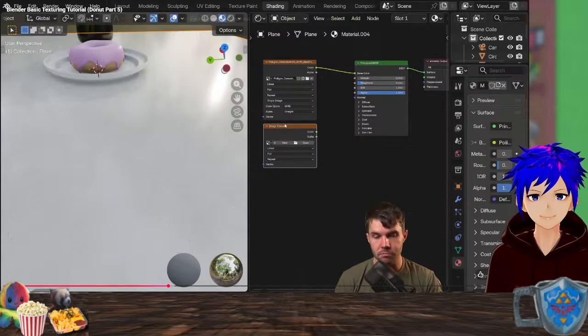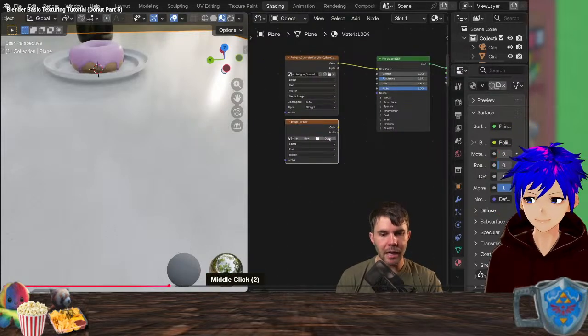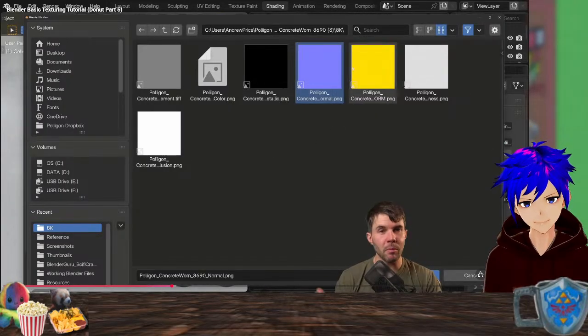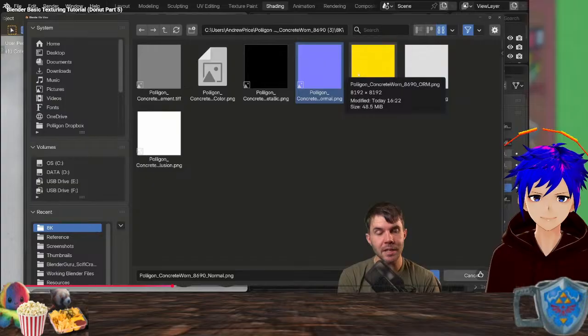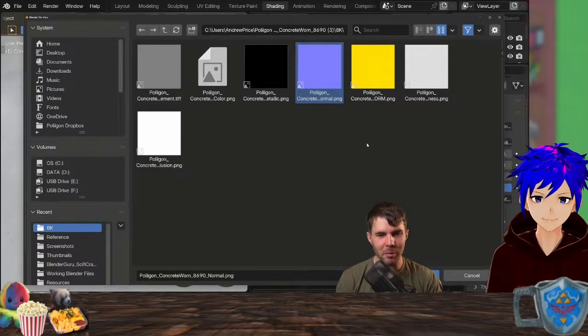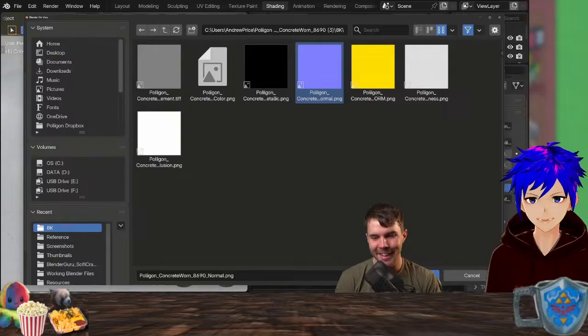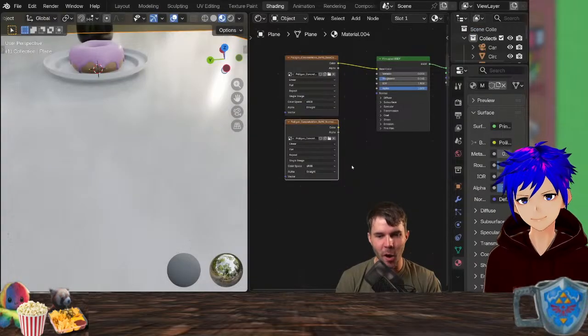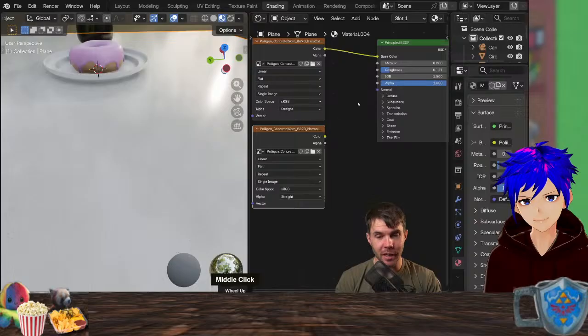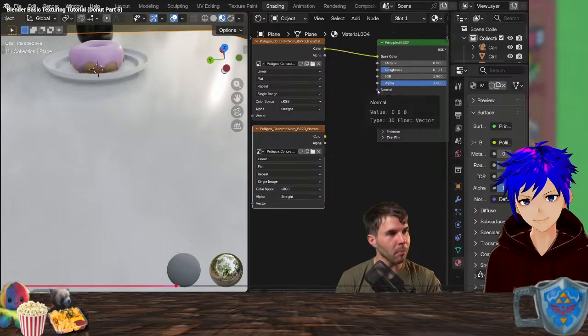Where you want to drop it, so I can just drop it anywhere. And I'm gonna click open. Then I'm gonna navigate to that folder where all of the images are. And the first, you can remember it as the normal map because it's normal to ask, why is that purple? That's how I remember it. Then just hit open on that. And the place that you would put that, you could guess, is the normal input, that little purple.